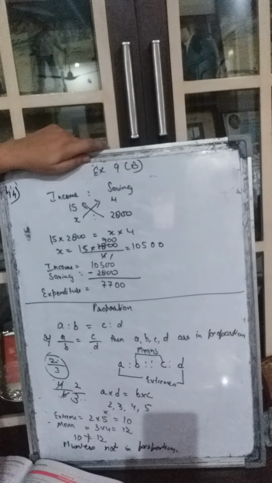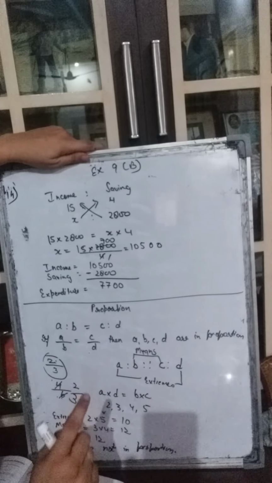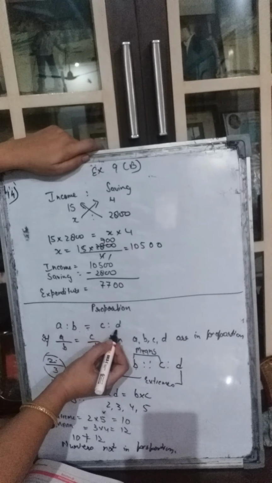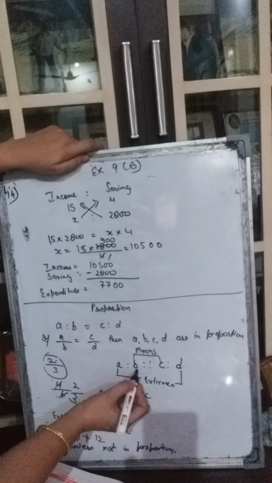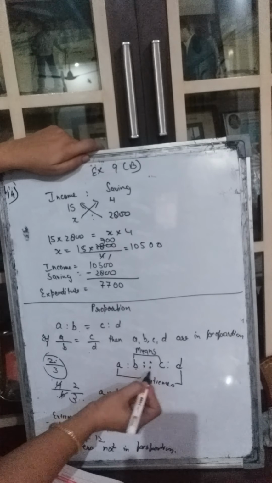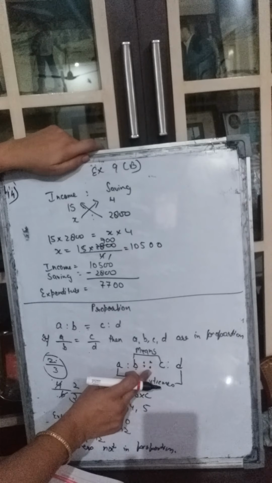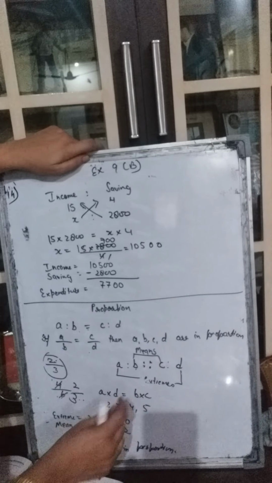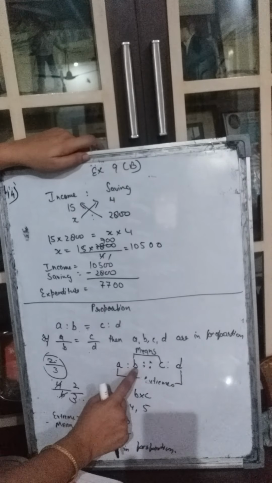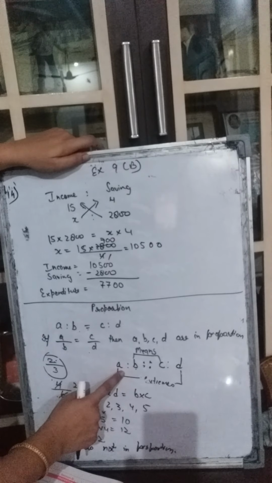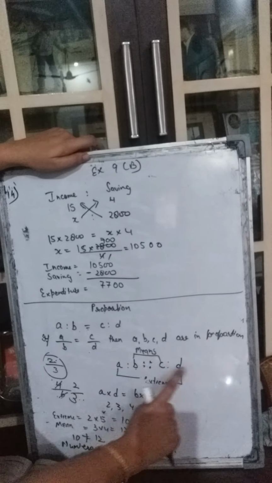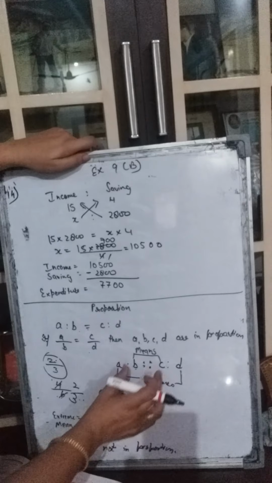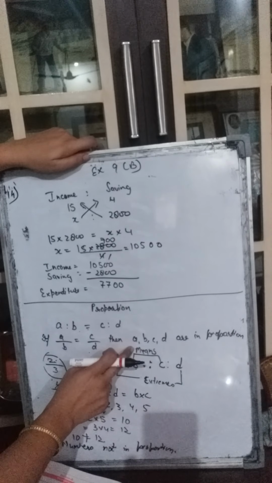Okay, let's do the property of this proportion. Suppose, it is written as A ratio B is equal to C ratio D, or it can be written as A ratio B and we make 4 dots here. This means it's proportional to C ratio D. Got it? Now, if we write 4 numbers like this, A, B, C and D, and they are in proportion, then the outer numbers A and D are called the extremes. Okay? And the inner two numbers are called the means.